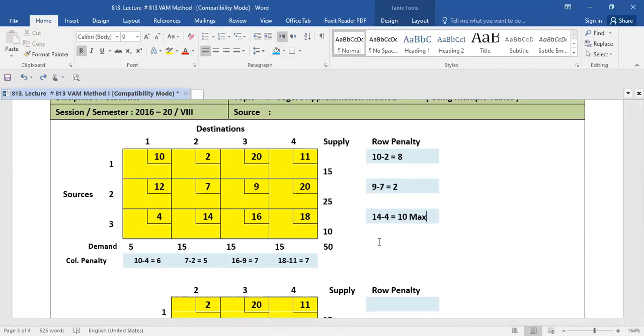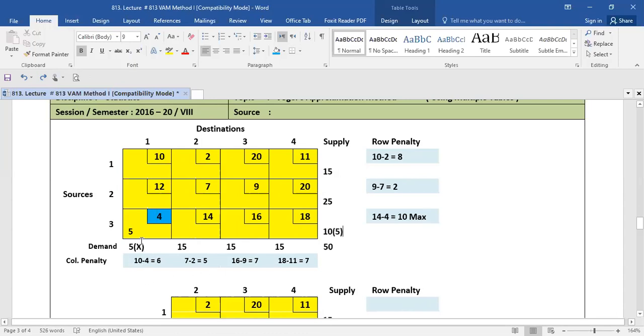In this row, you will select where to make your allocation. You see that here we have 4 blank cells, and this is the cell with the smallest cost. I have highlighted this cost, showing you that this is the smallest cost. You will make your allocation in this cell. Here we have 5 as the demand and 10 as the supply. You will put 5 here, which is the minimum, and put a cross sign in front of 5, showing that this is complete, and put 5 in front of 10, showing that 5 supply is remaining.